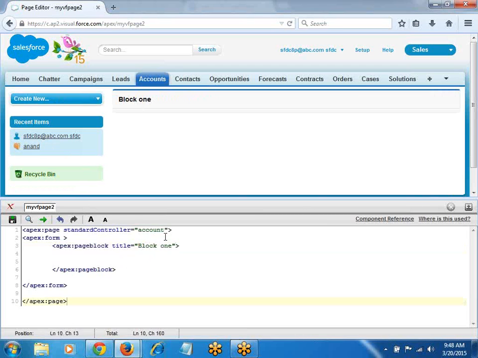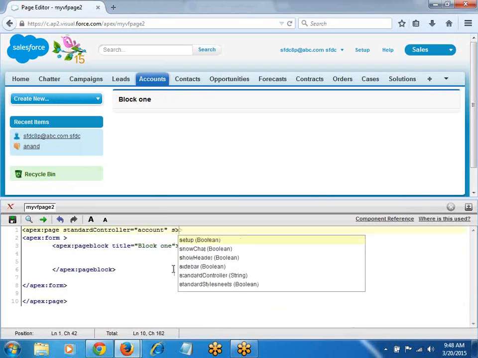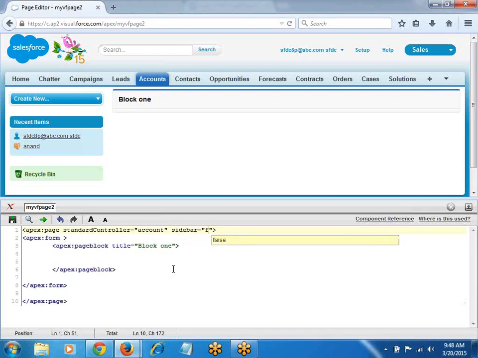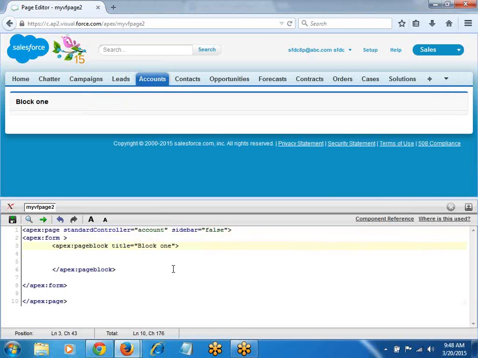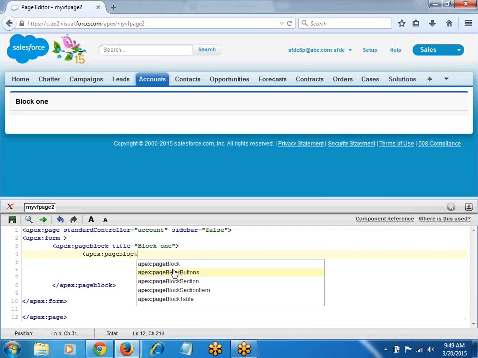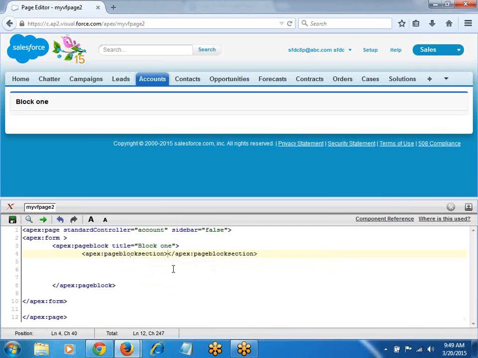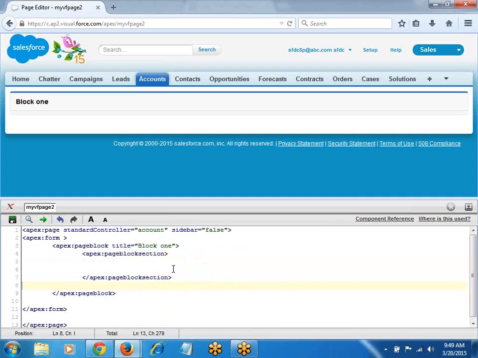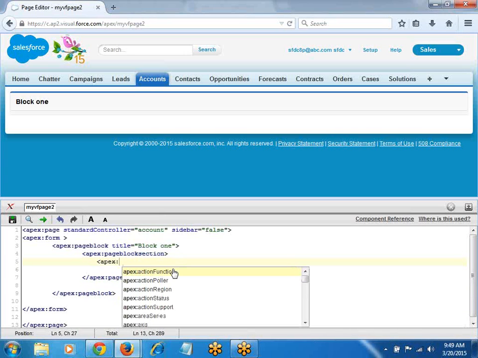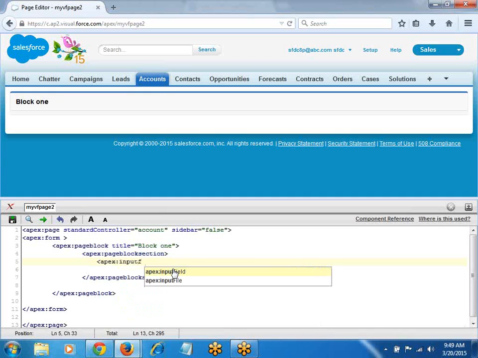I don't want the right sidebar. Enter. In the page block section, to display the records, I want to save the record. How to save? Apex colon input field. When you want to save the record, you take an input field. Input field value equal to